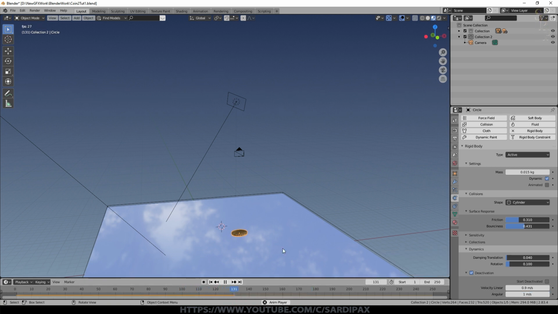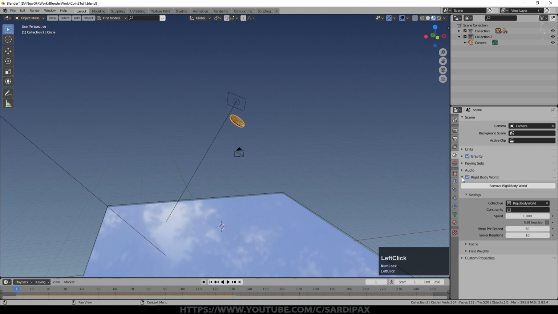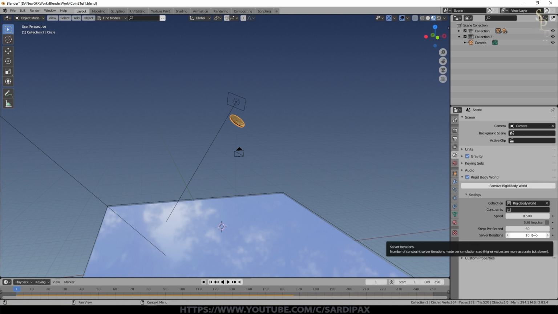So once you've got your values somewhere near where you want them, let's just go over to the rigid body world settings, which is under here, and open those up. So I set the speed to 0.5 because I thought that would be more interesting. So the gravity force is the same, but now it takes twice as long to do anything. And if necessary, if you're finding coins are passing through each other or passing through the floor, you may need to turn up solver iterations, but only do that if you need to. So this is just how many calculations it does per frame. By turning the speed down, you've effectively turned this up anyway.